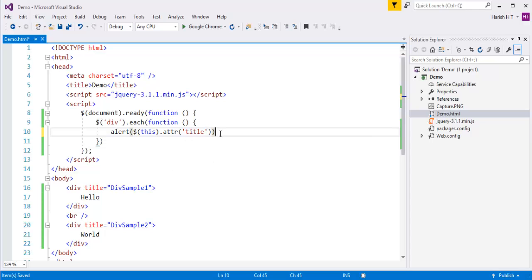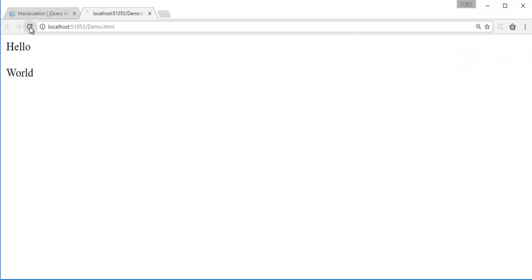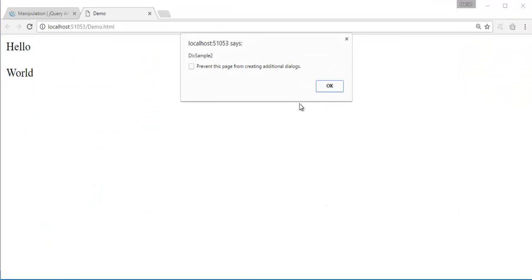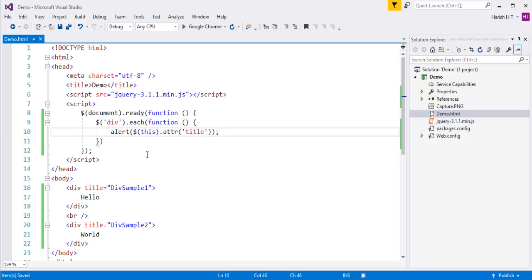So when I do Ctrl S, now when I go back and refresh, I'm getting div sample 1, and also I'm getting the title attribute value of the second div, that is div sample 2. So at that point of time, we need to make use of this each function. But apart from that, what we learned in this session is how to make use of this attribute method to fetch back the value of the attribute